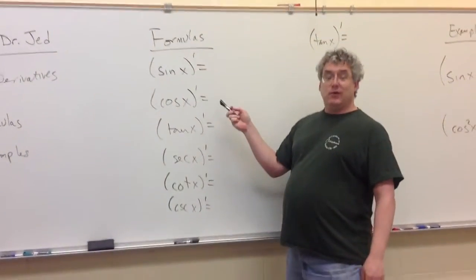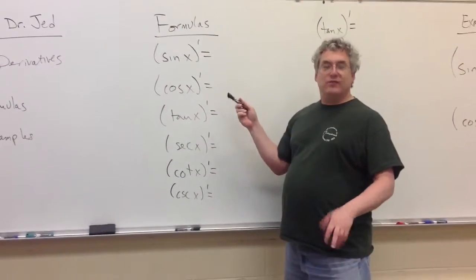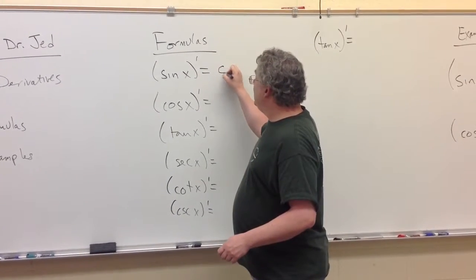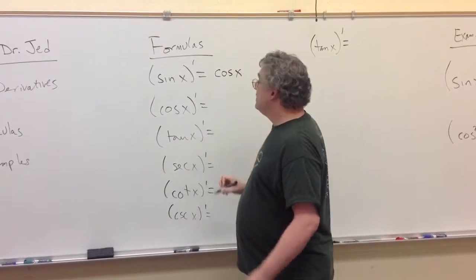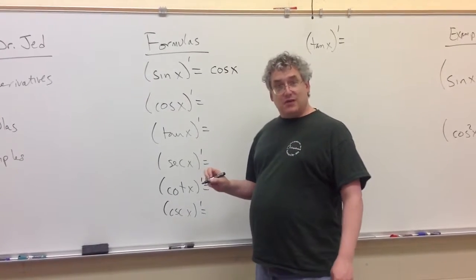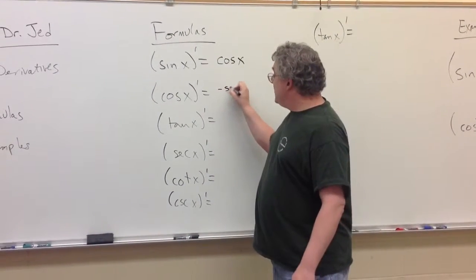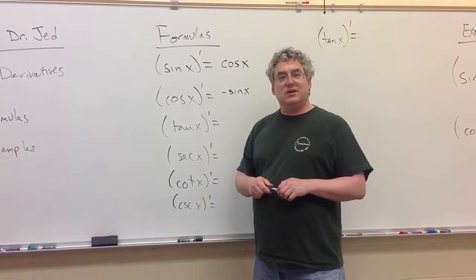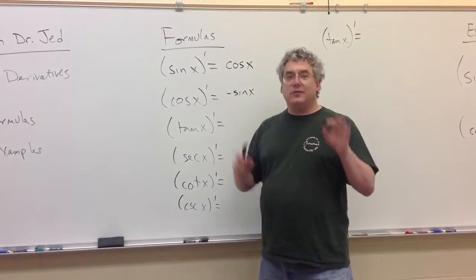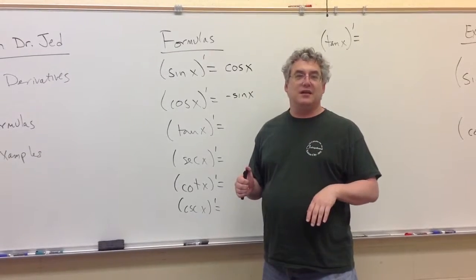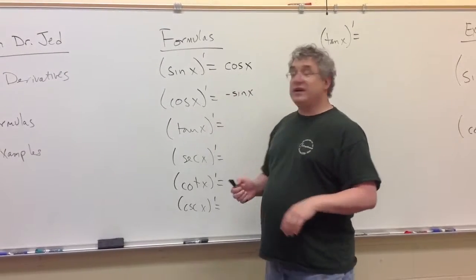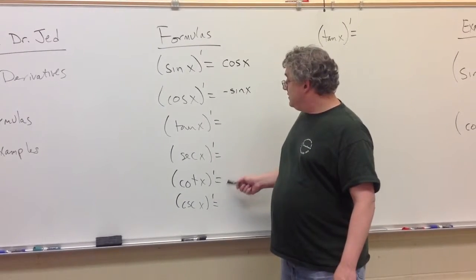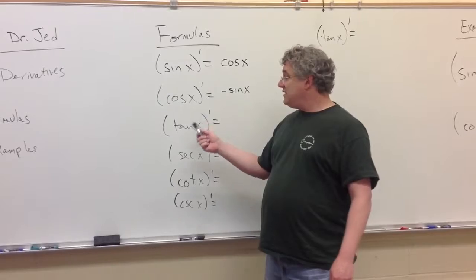We've done these two before, sine and cosine, at least sort of. We graphed it and looked at the slopes, came to the conclusion the derivative of the sine is the cosine. The derivative of the cosine, we tried that, it turns out to be minus the sine. There are proofs of this. You can use the sum of angles formulas, break it apart, use trig limits, and both of these work out tremendously well. But the more interesting ones, I think, are these, because you can write the tangent in terms of